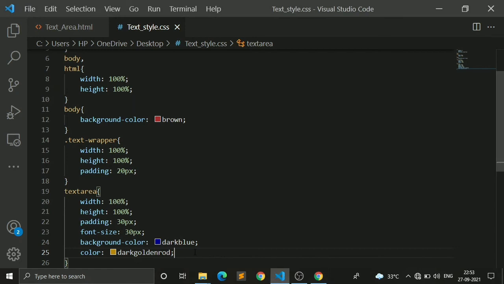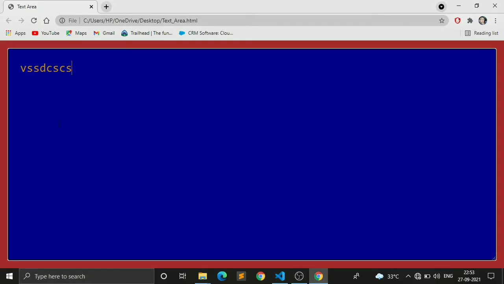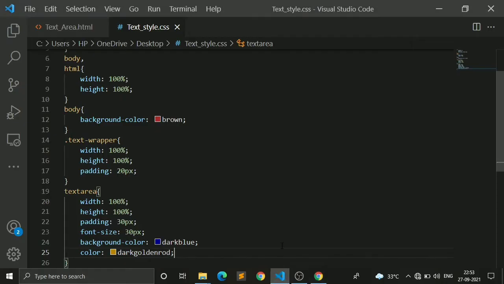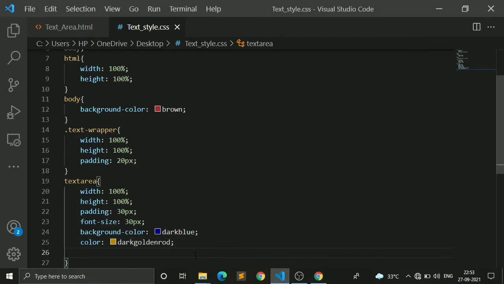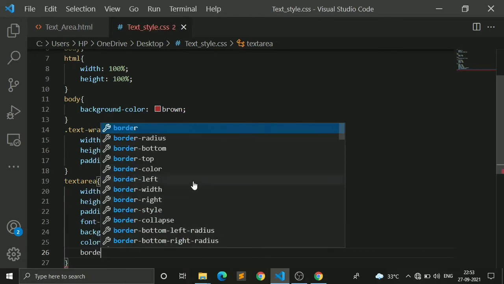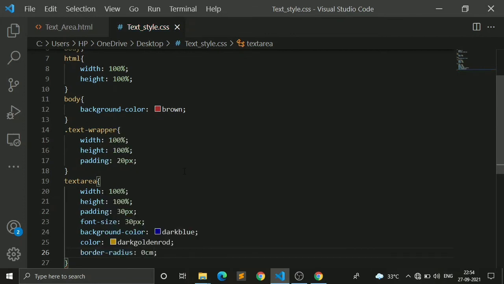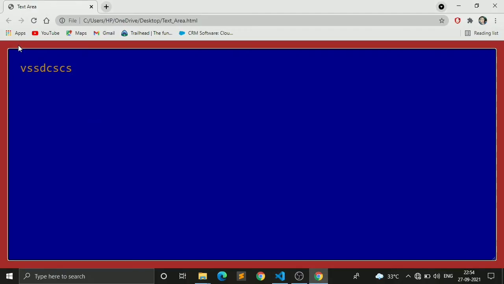And the next property, I want to change the radius of this. I want to make it somewhat curved, so I will give border radius equal to 4 pixel for now. Then you can see what happens when I refresh it, then you have to look here, and you can see the change.